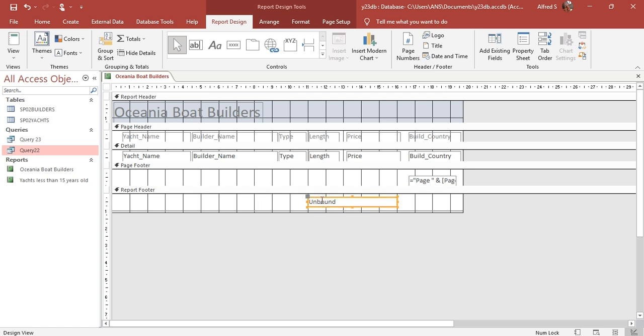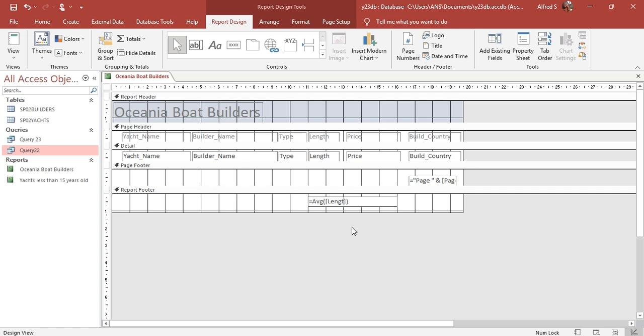Alright. Okay, so now to do a calculation, we start with the equal sign. It says average, so in Access is AVG followed by the parentheses. Alright, so this is the structure for calculating average. But average of what? It says length. So the length field goes into square brackets. Now we need to ensure that we type it